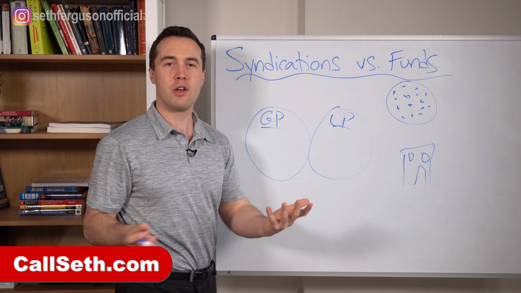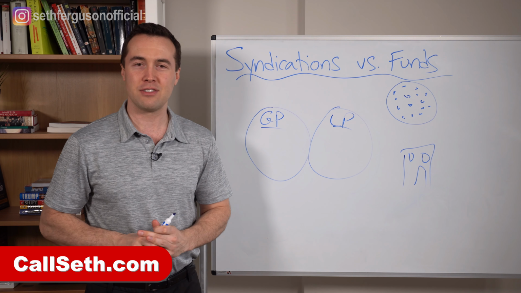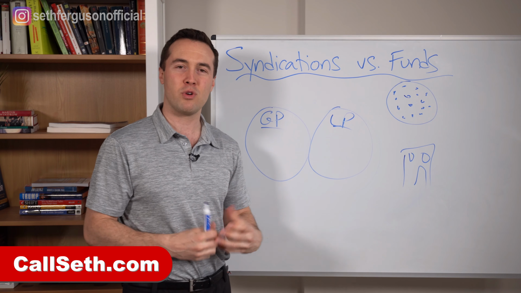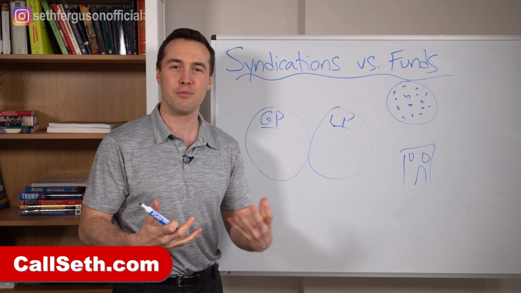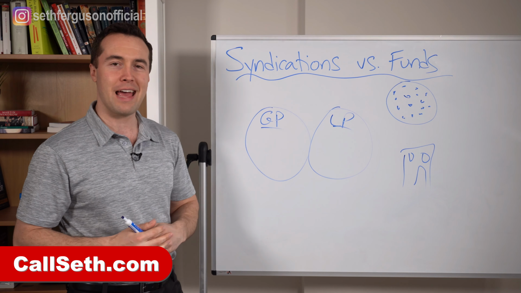We can say it's a 200-unit apartment building. I have this under contract. It's a good deal. It's going to meet the return requirements that I have for my investors. I start raising the capital from my database of investors, and the investor, when I approach them with the deal,